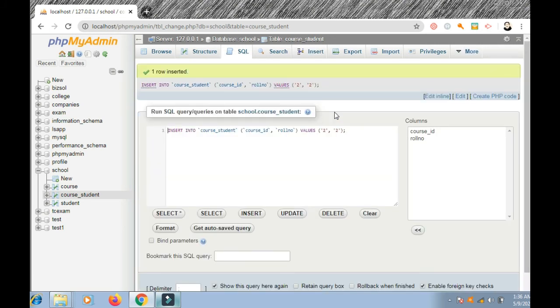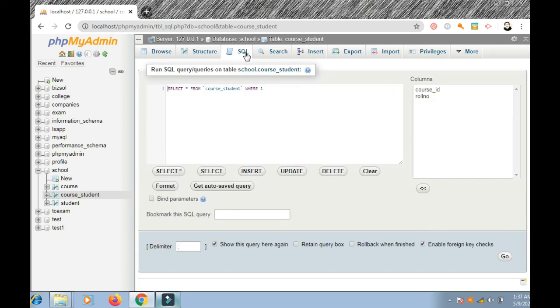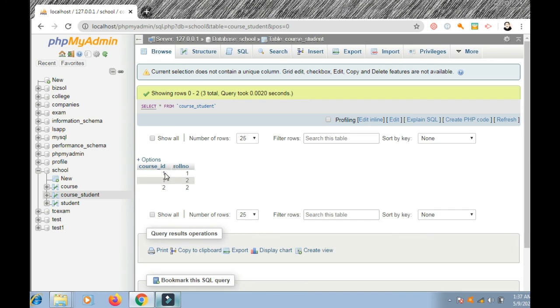Now if we go to SQL and we browse, you see course ID 1, student number 1 will take course number 1, student number 2 will take course number 1, and student number 2 will also take course number 2. So course ID is repeated and student ID is also repeated. So it means we can repeat the rows